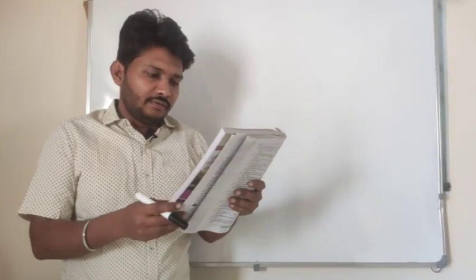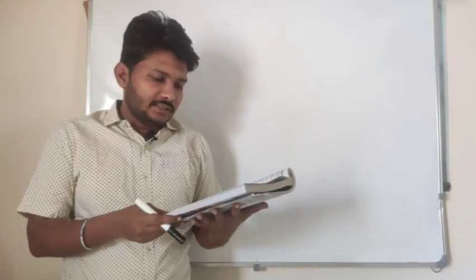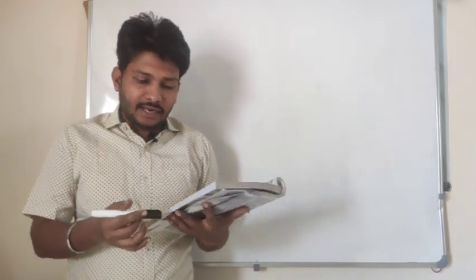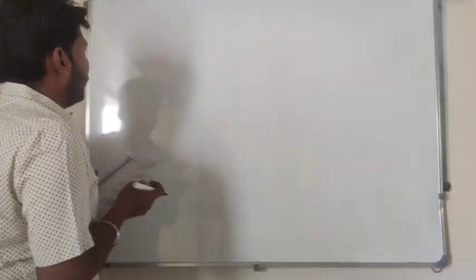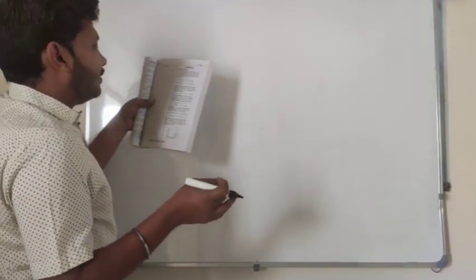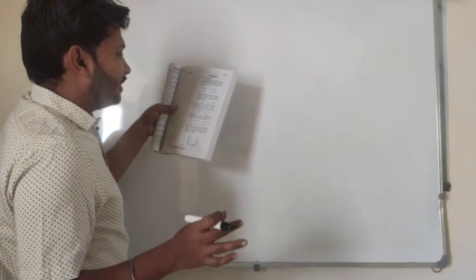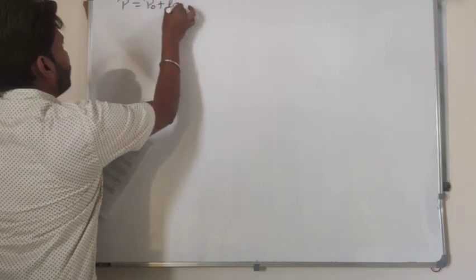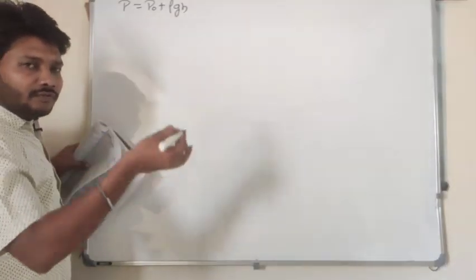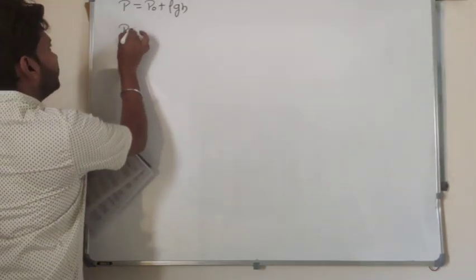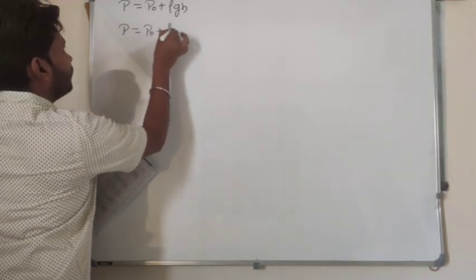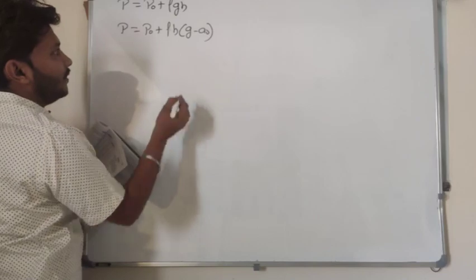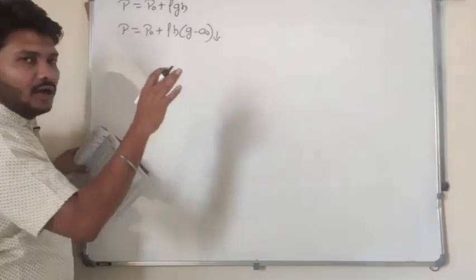Okay, so next, the third one. If a vessel containing a fluid of density rho up to a height h is accelerated in a vertically downward direction with an acceleration of a0, then the pressure by the fluid at the bottom of the vessel is, so we have the generalized formula P is equal to P0 plus rho g into h, right? If the body is accelerating in a downward direction, then P is equal to P0 plus rho into h, into g minus a0, when the body is accelerating in a downward direction.